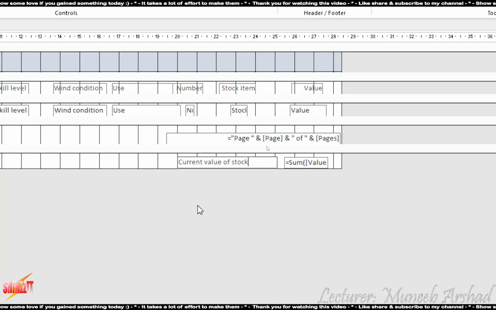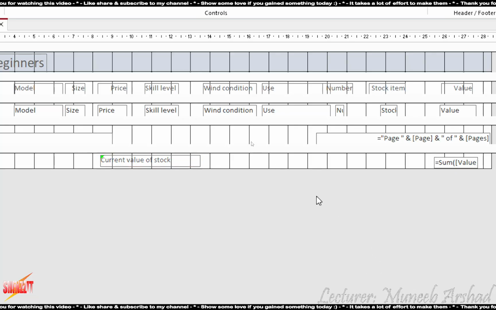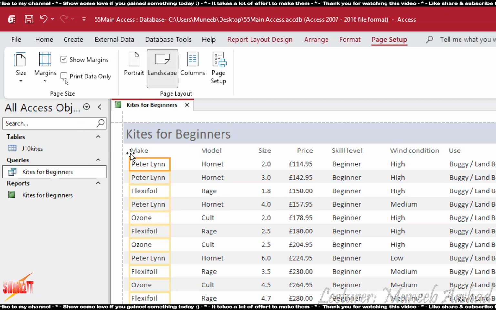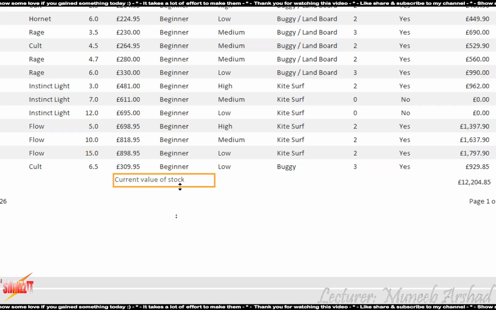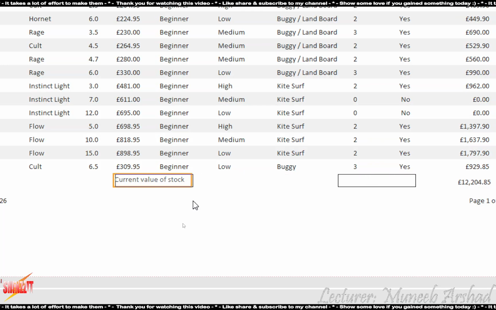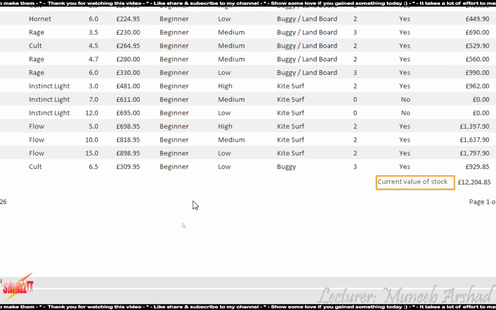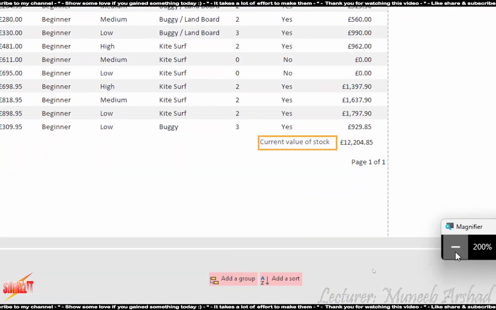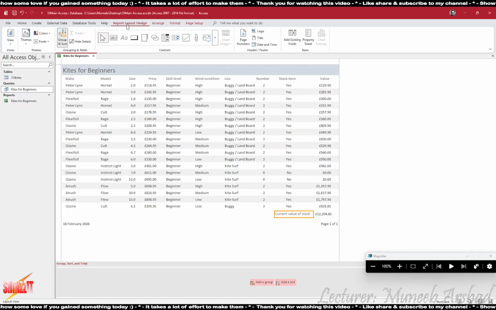Why? Because I can always go visit the layout view to change its position. तो इसको कहीं भी डाल लो, ठीक है? So I can just put it, let's say here. And then if I change my view to layout view, I will notice that the label is here. First, I need to adjust the width and then use the arrow keys to place it right next to my total. Simple. ठीक है? अच्छा, ये तो हो गया आपका label.